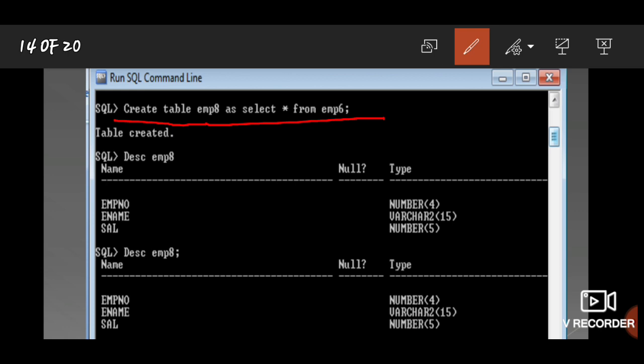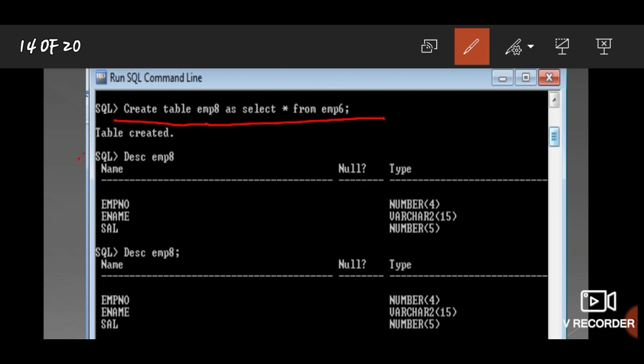There is no use of writing all this syntax again and again. It is just a simple way to create another table using a previous table. Here we can just write the table name. After giving the syntax, I had created a new table.